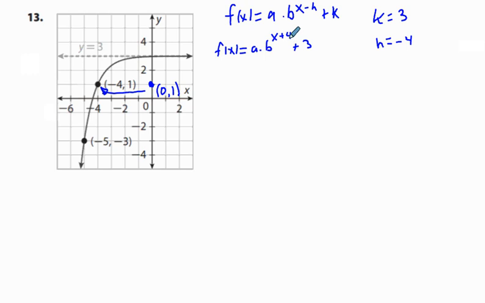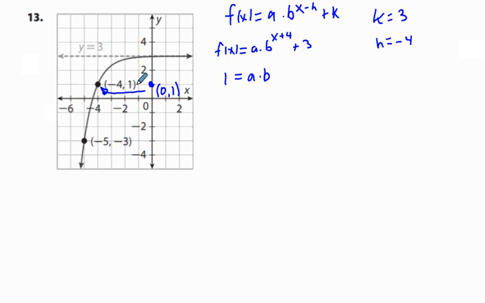We don't know what a is. We're not going to know that initially, so we're going to have to solve for that, and we don't really know what b is. But we're going to be using this point here, negative 4, 1. So we replace where we can: 1, which is replacing f of x, equals a, which we don't yet know, times b, which we don't yet know either,